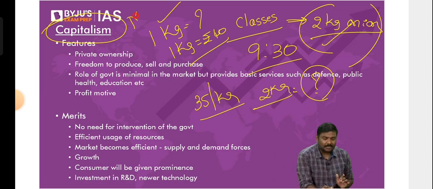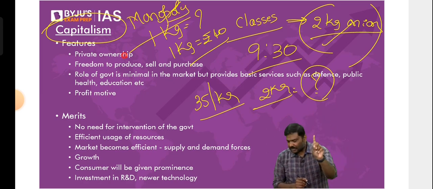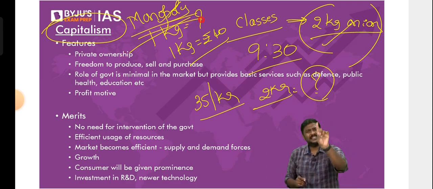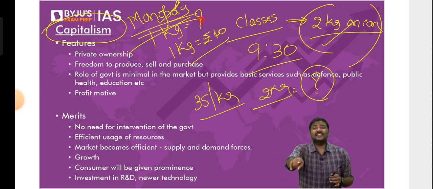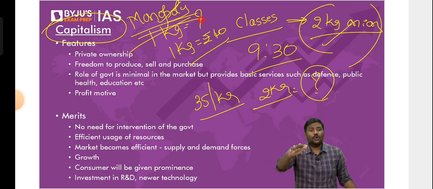That will happen if there is a monopoly in the market. What is a monopoly? Whenever there's a single supplier in the market, that is called a monopoly. Single company, single supplier, it is called a monopoly. Why is monopoly a concern? Monopoly is a concern because if there is a single supplier, you don't have bargaining power. You don't have negotiation power whatsoever.